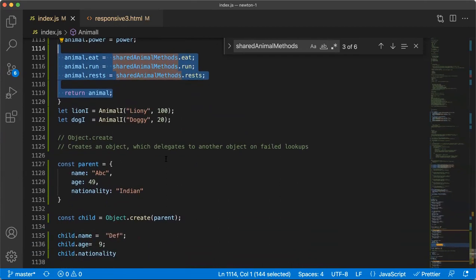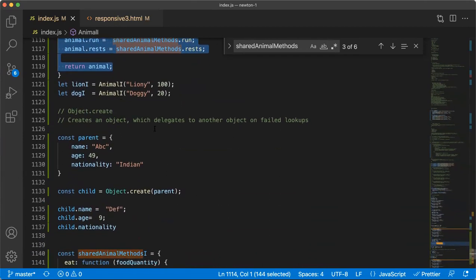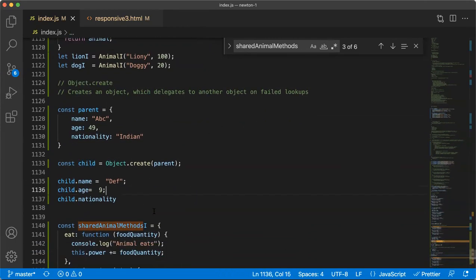Then we realized, is there an even better way of doing it? The answer is yes. How do we do that? We use the powerful method called object.create. And very simply, in one line, what does object.create do? It creates an object, because it's called object.create. But with one special feature. In the object which is created with object.create, whenever there is a failed lookup on property,